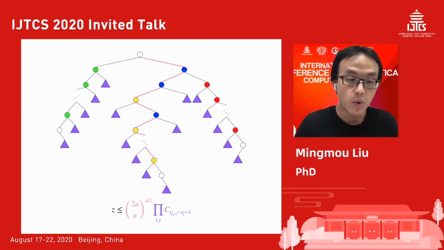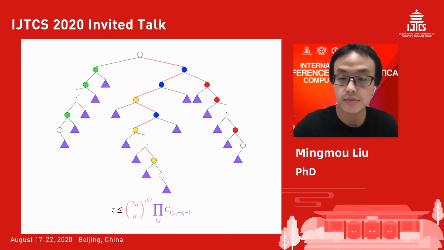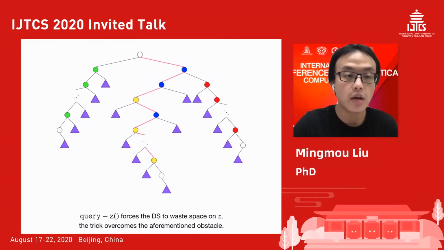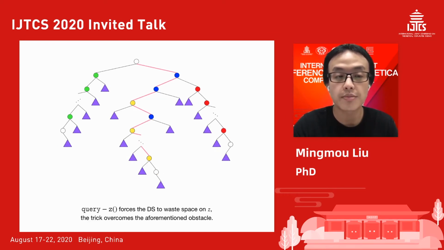That is the way we merge the D/2 small trees together with the structures of the subtrees. To answer the query Z, we retrieve the whole tree and compute the Z by range minimum queries. Query Z forces the data structure to waste space on the Z. The trick overcomes the